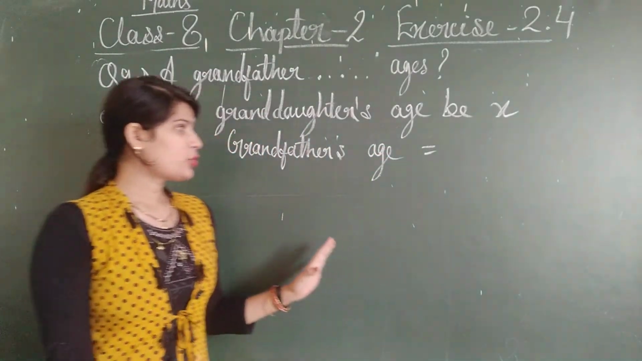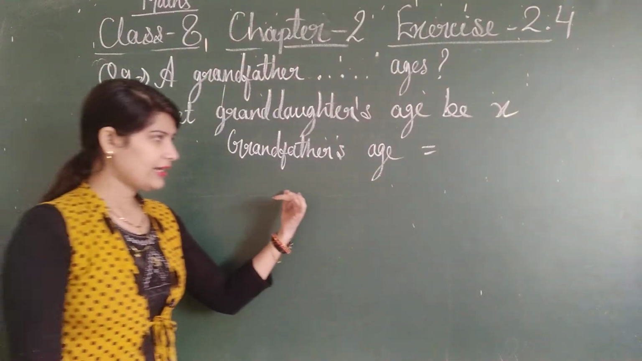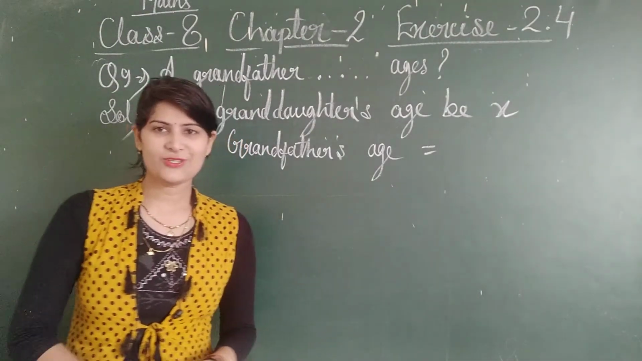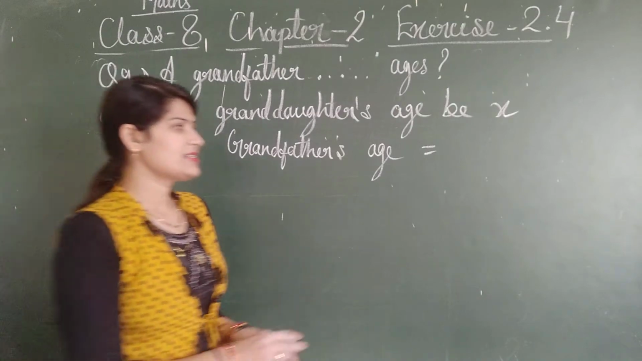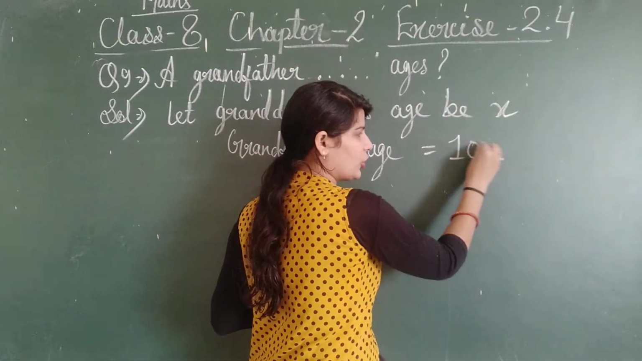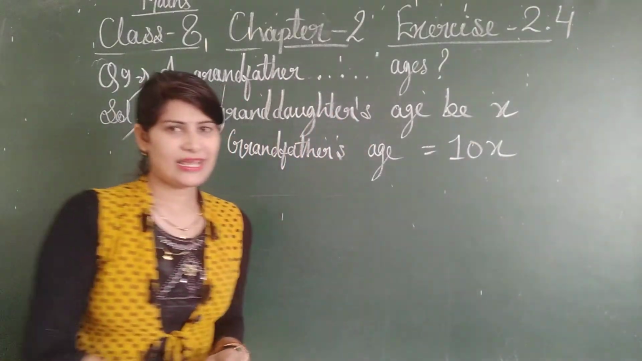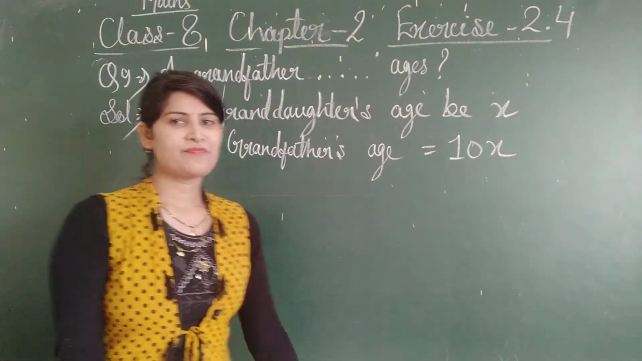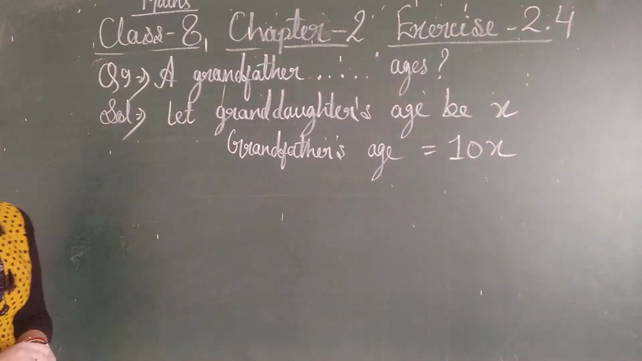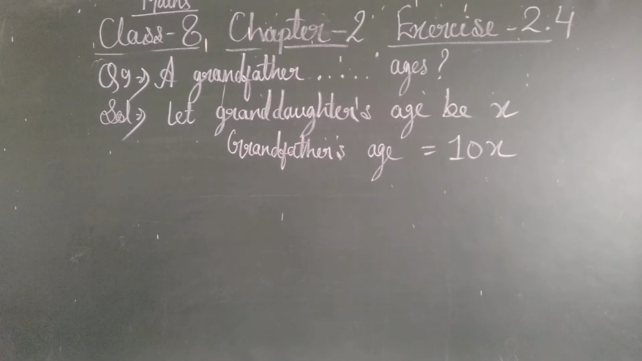Okay, let us suppose x. Now what is the age of the grandfather? The grandfather's age is 10 times that of the granddaughter. That means 10 times means 10 multiplied by x. So, 10x. Now according to the question,